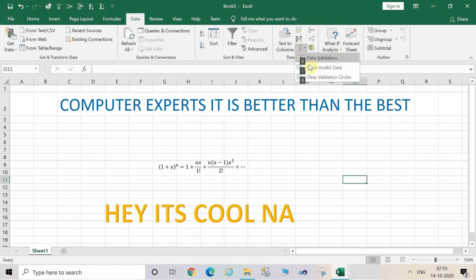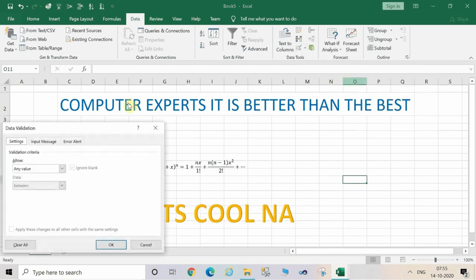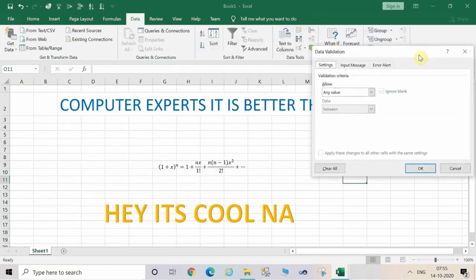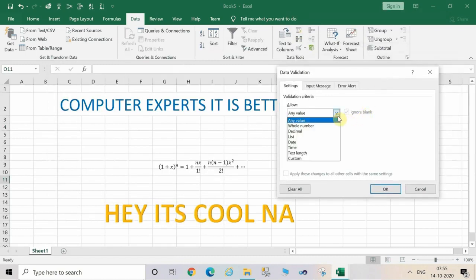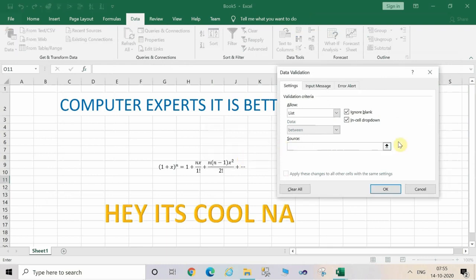I think it's a cool feature when you're not having the mouse and you have to work with the keyboard, right? So I'm showing you another option of data validation. For this, press the corresponding keys: press Alt from the keyboard, then press A, and then press V for validation, and again press V for validation, right? This will open the validation option on the screen. And now here you can use the validation option according to your desired need.